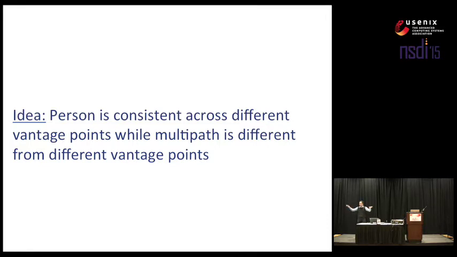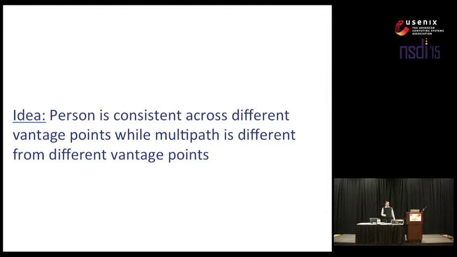So both of you guys saw me in the same location, but you observed multipath from opposite locations. And what this means is that if I combine observations from different vantage points, then the different vantage points will agree on my location and disagree on the multipath's location. So now that I explained this to you at a high level, let me show you how it works in